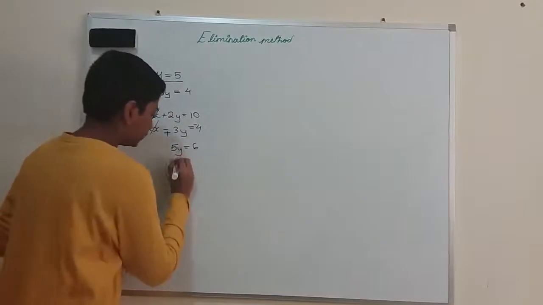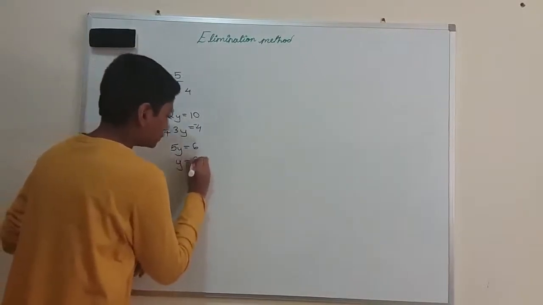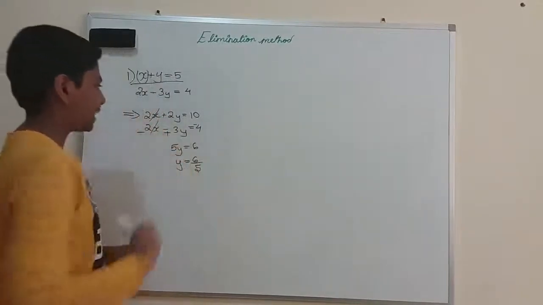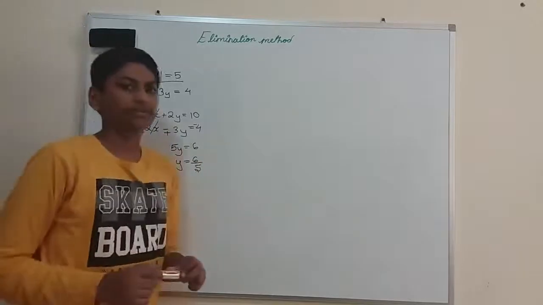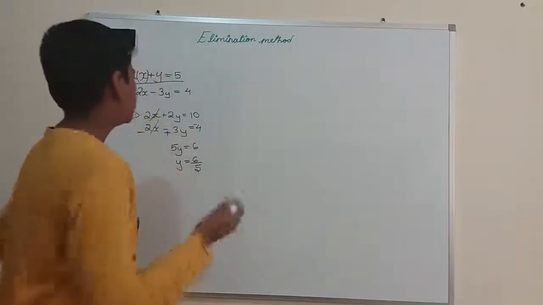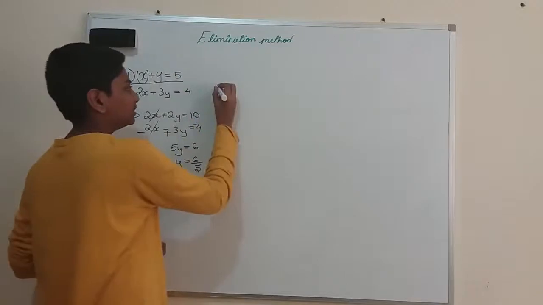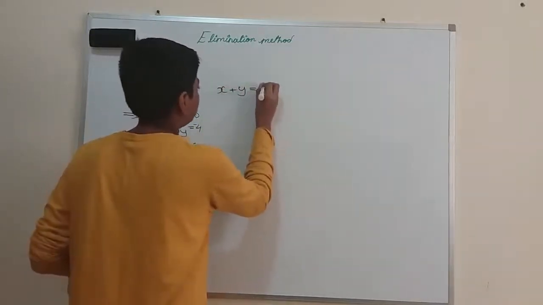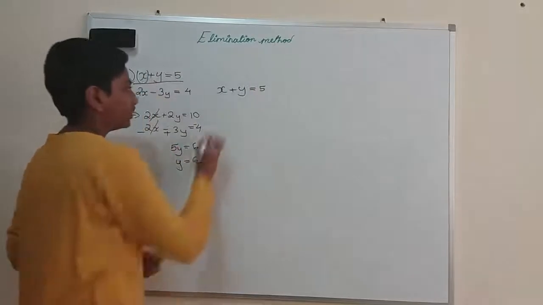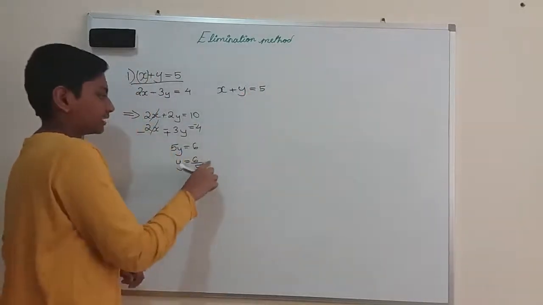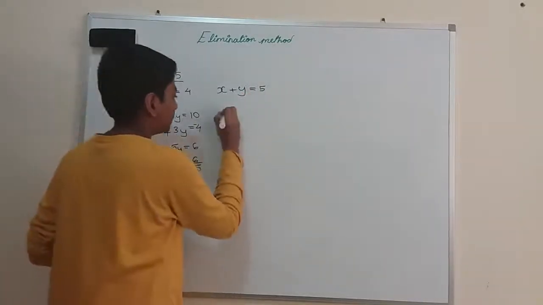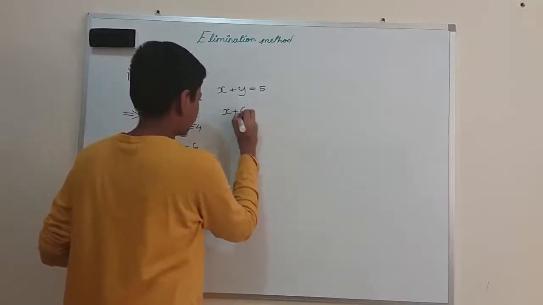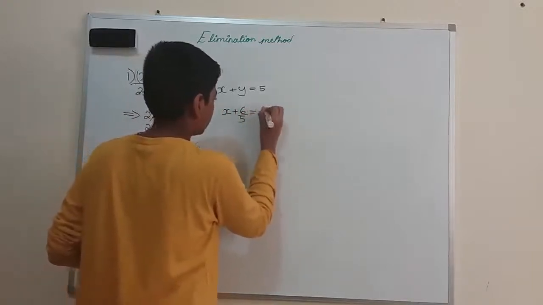Now what is the value of y? y will be equal to 6 by 5. Now we got the answer for y. Now let's find the answer for x. So what we got is x plus y is equal to 5. Okay, so x plus 6 by 5. Now we'll just transfer the value over here, so x plus 6 by 5 should be equal to